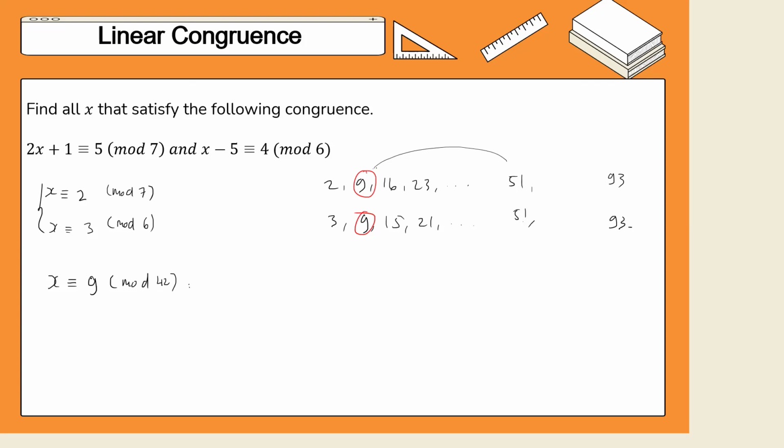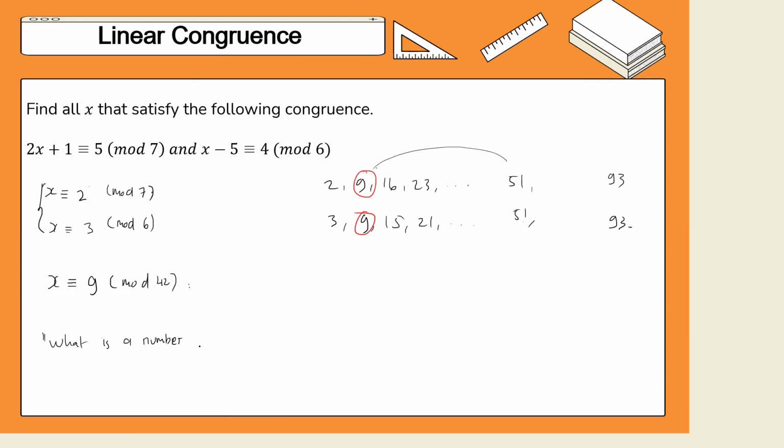Now, someone actually came up with a way to calculate this. This question is actually the same as this: x is congruent to 2 modulo 7, x is congruent to 3 modulo 6. It's the same problem as this. What is a number, or find a number, where after being divided by 7 the remainder is 2,